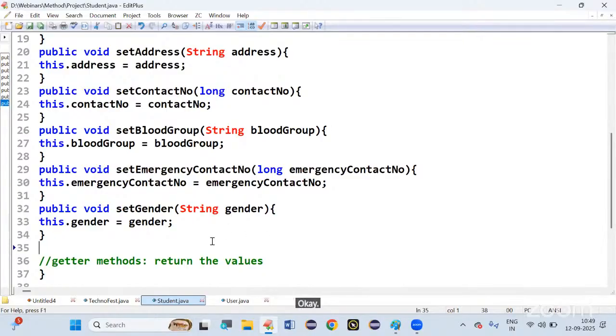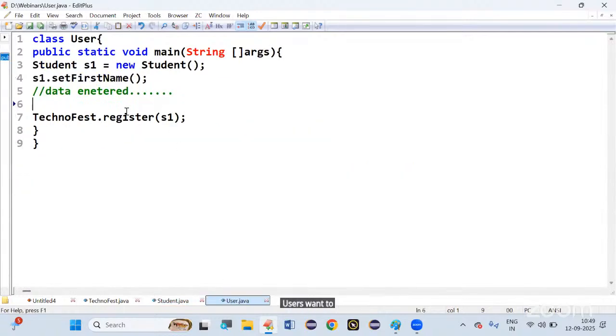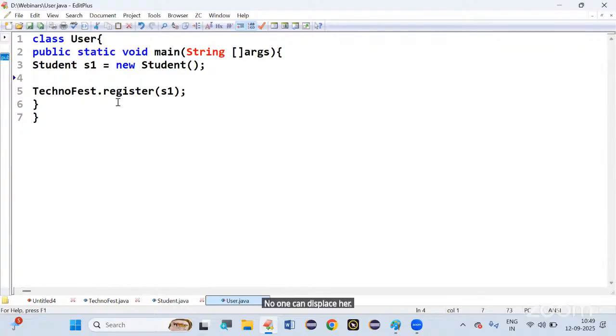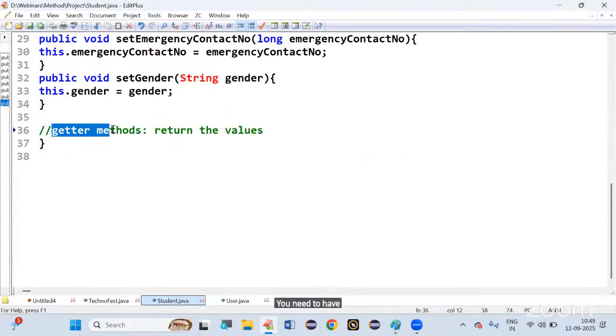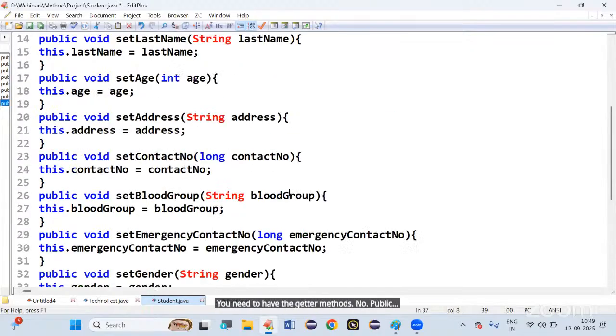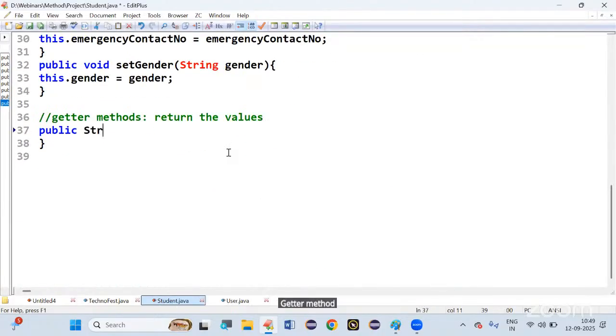Now you have got the methods to set the values. Users want to display, sir, but as it is private, no one can display directly. Then what should be done? You need to have the getter methods. Now, public getter method, how will I design it, sir? A getter method will be returning a value. Public string get